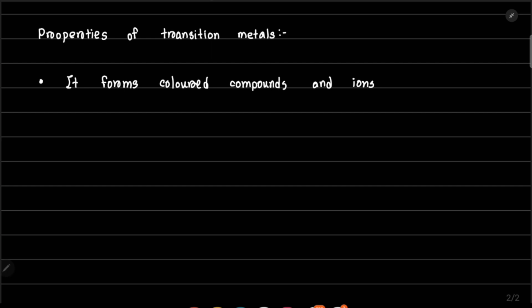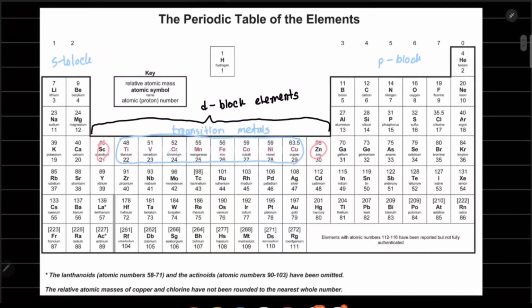For example, gold itself is a transition metal and it's gold in color, and ions of gold are yellow or red. You don't have to know information about gold for this syllabus, but we'll have to learn the colors for chromium, manganese, iron, vanadium, cobalt, nickel and copper. So we have to know the colors of their compounds